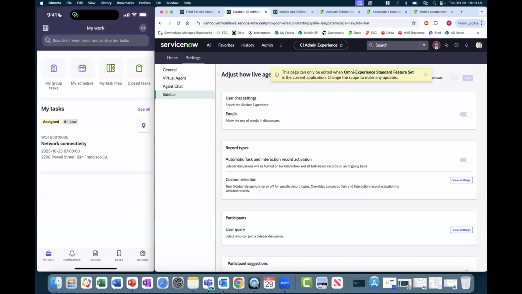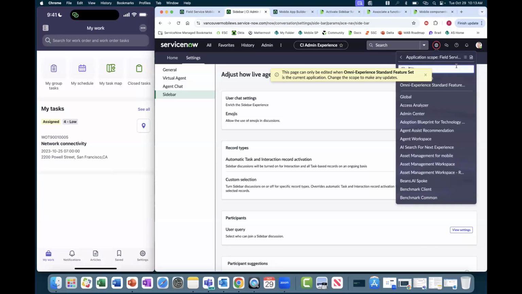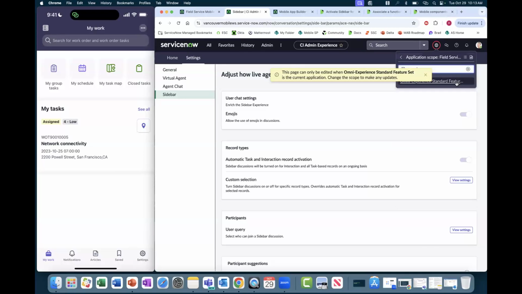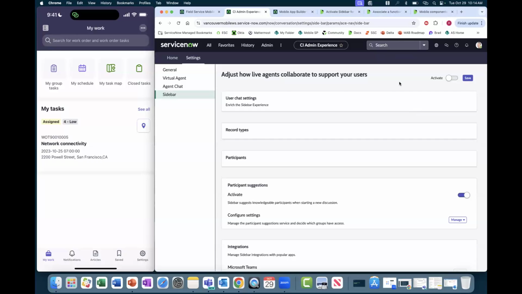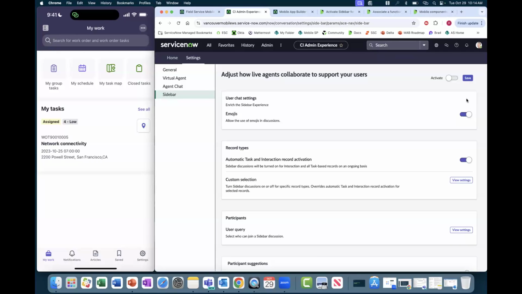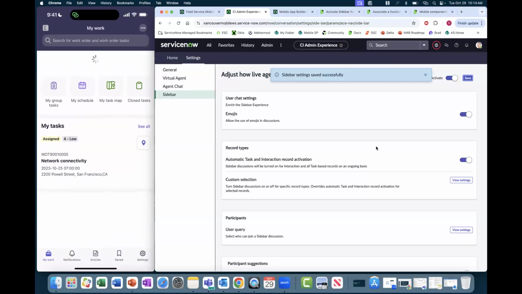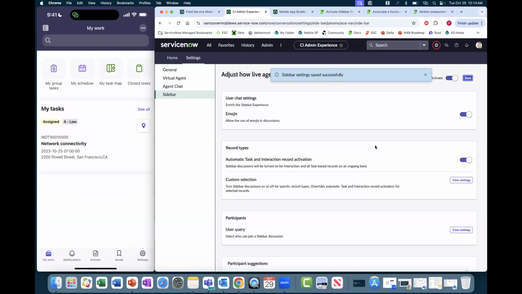So I just have to jump into the correct scope. Omni experience, standard feature sets. It's a funny name that they gave it for sidebar. And then we'll just activate this and save. Okay. And so at this point, what you should see new on mobile is